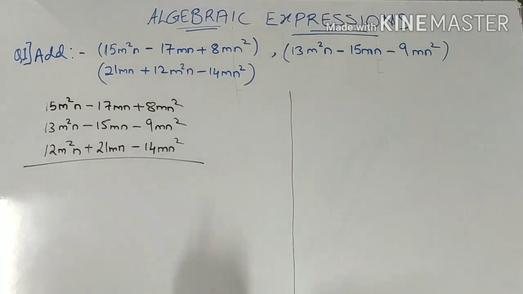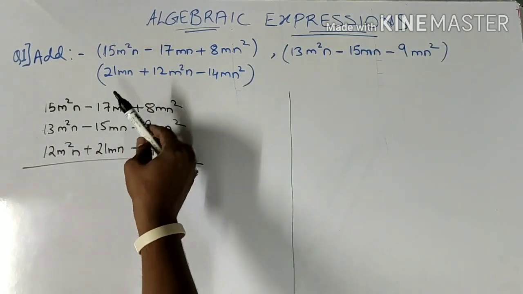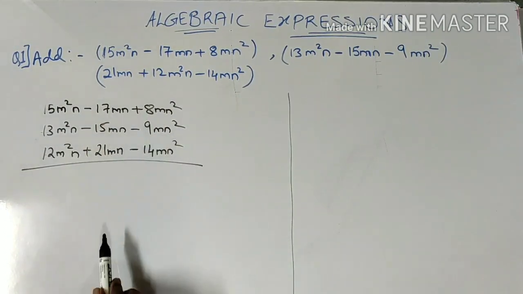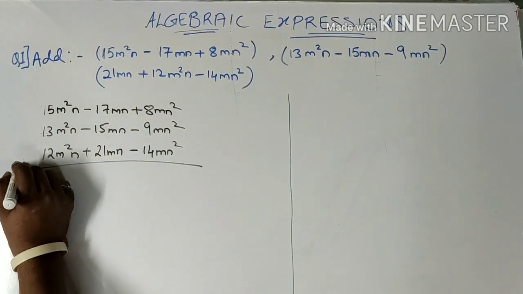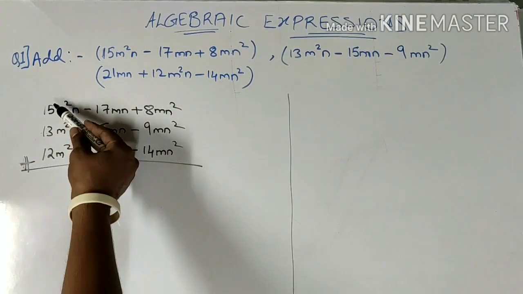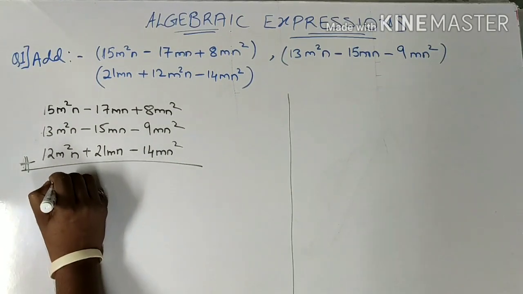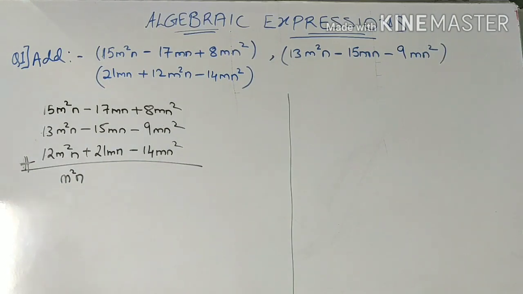As we see, in the vertical method, we first arrange all the like terms one below the other. Here 21mn was the first term, but we have arranged it in one particular vertical column. Okay, so this is the vertical method. We are going to add this 15 plus 13 plus 12. It's like 15 pens plus 13 pens plus 12 pens. So how many pens do you have? We'll have the variables over here, and 15 plus 13 plus 12 should give you 25 plus 15, that is 40mn square.